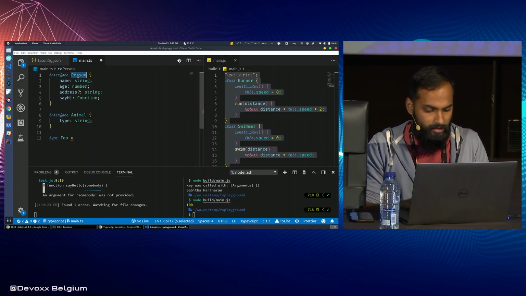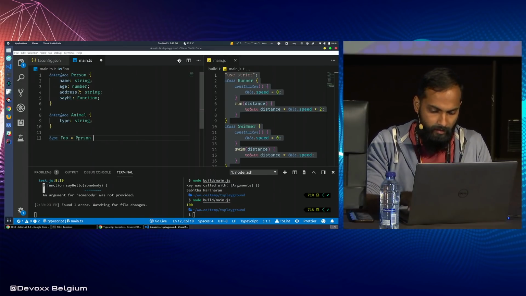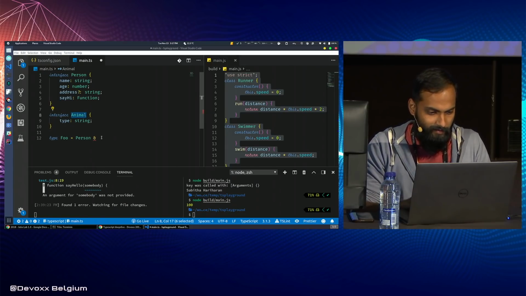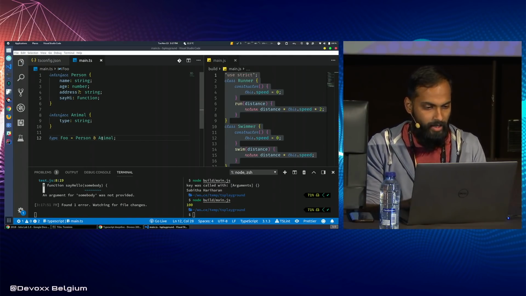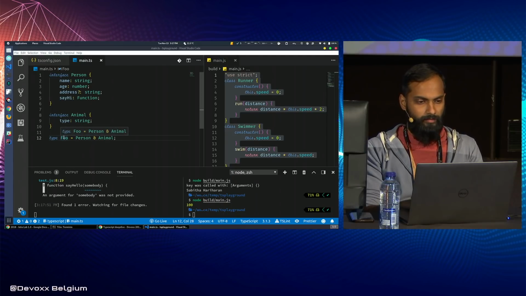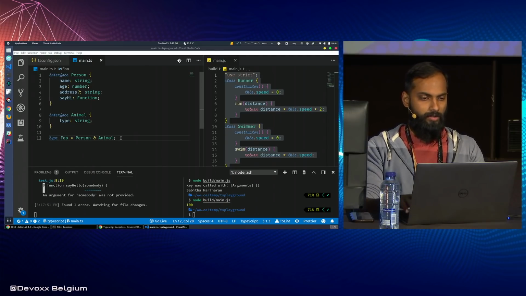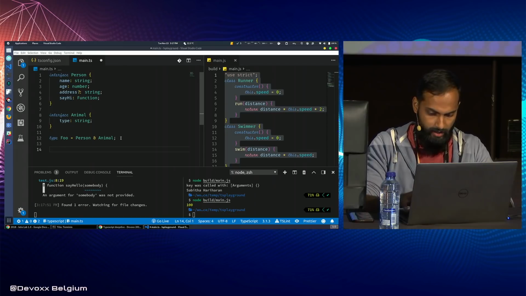Let's keep it simple. Right? So now for foo, you can assign, for example,